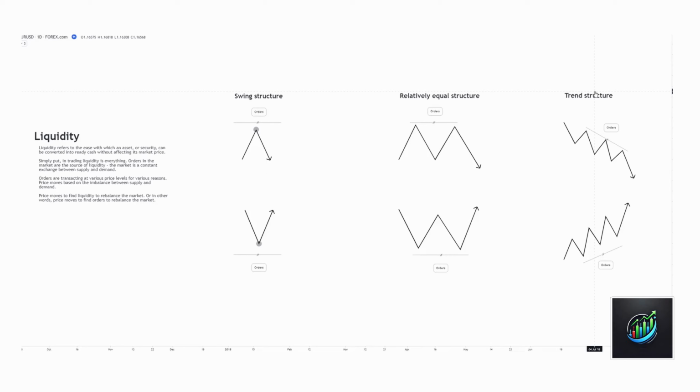We start to understand that when price is forming a higher low, for instance, we'd be looking to buy at demand zones to then take out the previous higher high to form a new higher high. We can now take that a step further because we understand that price is moving from one price level to another price level to facilitate transactions, rebalance price, and offer liquidity. Liquidity is what's moving the market, because simply what we're doing is converting an asset to cash. And the only way to do that is by moving from order to order, balancing supply and demand.